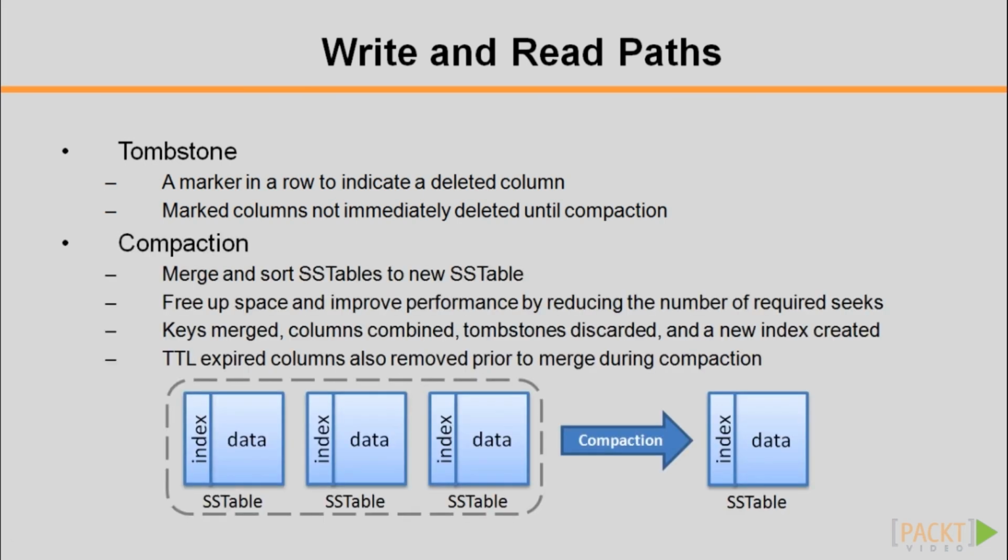Compaction is simply merge and sort SS tables to create a new SS table. It frees up space and improves performance by reducing the number of required seeks on disk. During compaction, keys are merged, columns are combined, tombstones and TTL expired columns are discarded, and a new index is